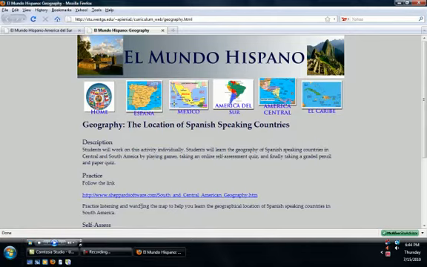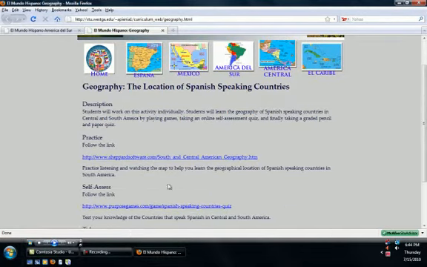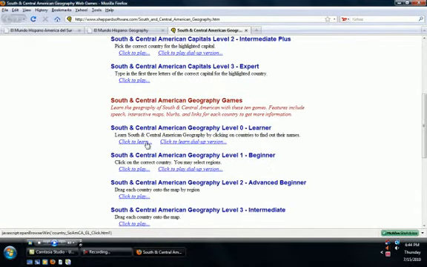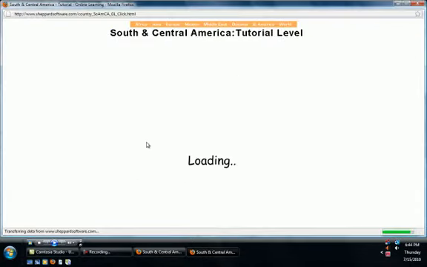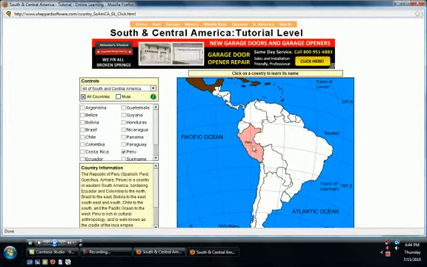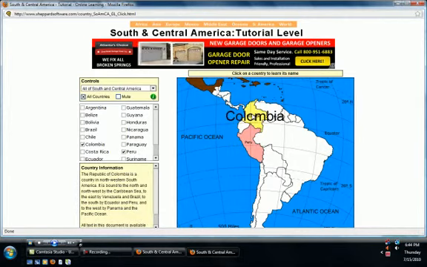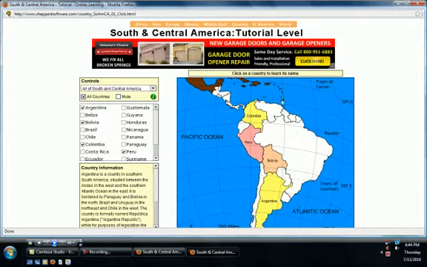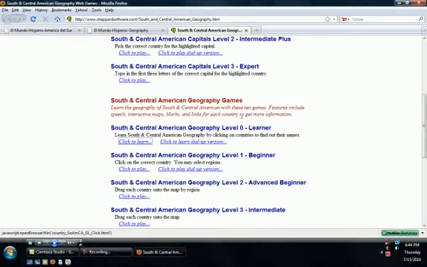So one has to deal with geography, in which the students would go to different sites to play games. And I would instruct them as they were doing this to make sure that they knew how to use this properly. So they could go through, play a game, find out different names of the countries in South America, as well as quiz themselves